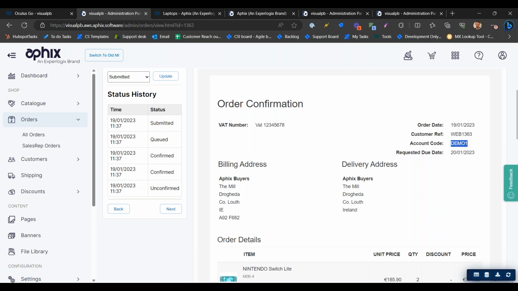And then something that's come up once or twice as well is the billing address and delivery address. In some cases, where we have a customer contact on the order confirmation, where they are adding in their name on the order, that doesn't always get displayed on the order confirmation. So that can be augmented and changed. So if I go into, let's say, for example, go to